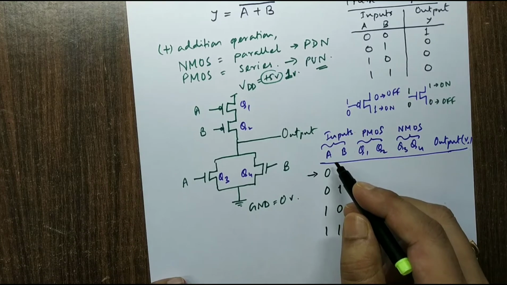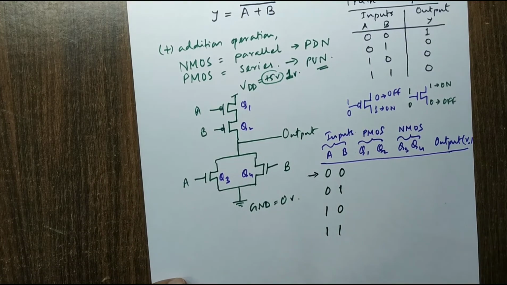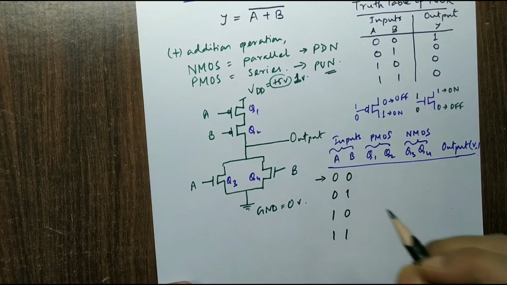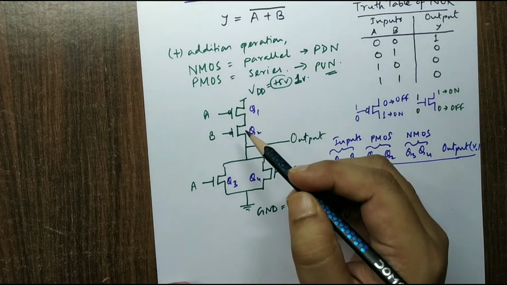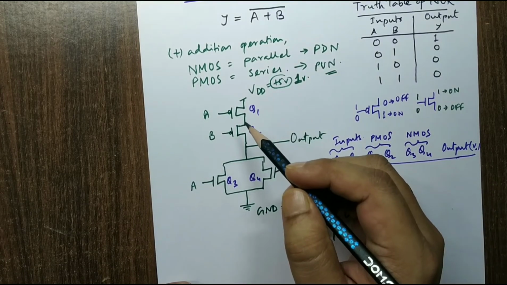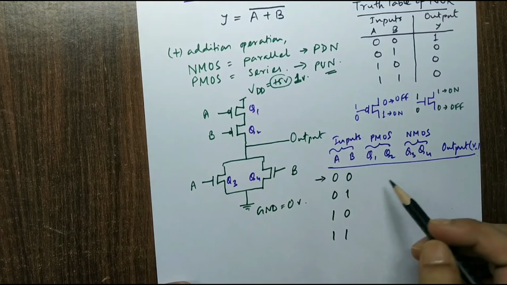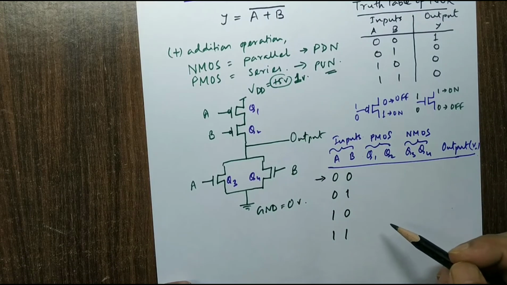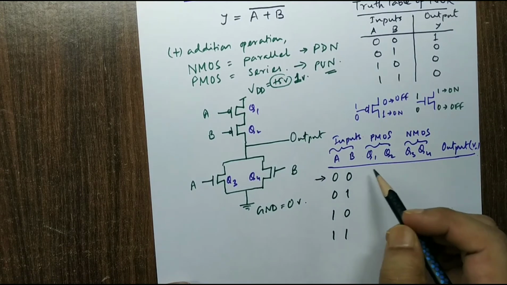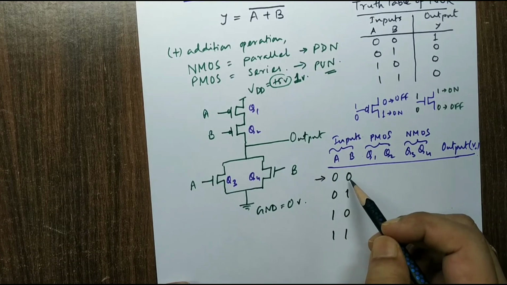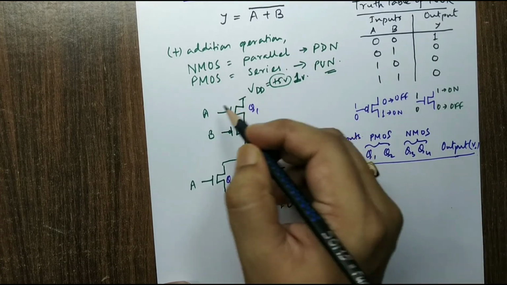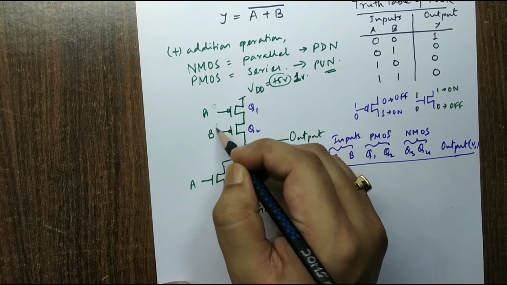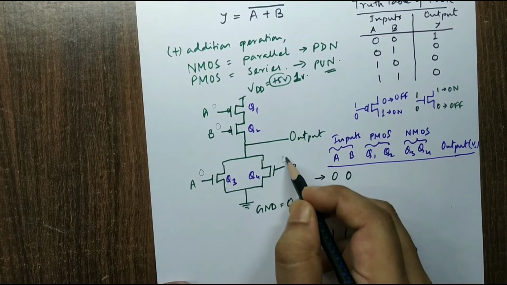here I have applied A and B, both are 0 0. Let me put using pencil so that you can do it in your home also by writing this thing using pencil, and then you can rub it out for finding out all the combinations in the same page. So here let me draw this. A and B are both 0 0 for first case. So here, A is 0, B is 0. Here also A and B both are 0.